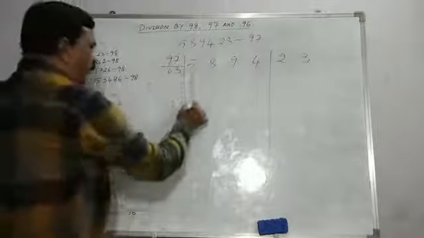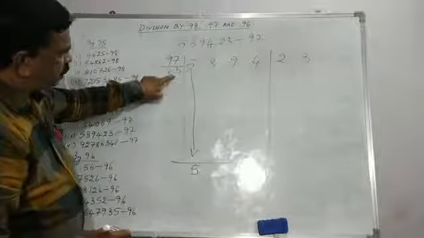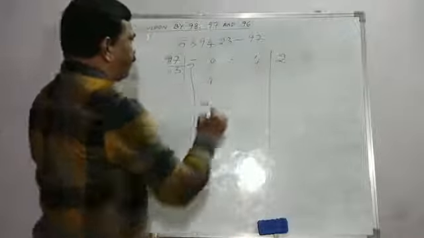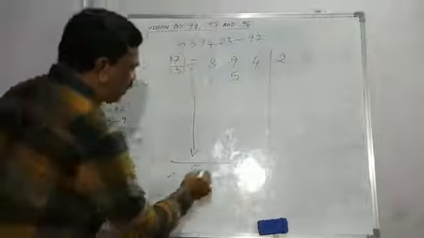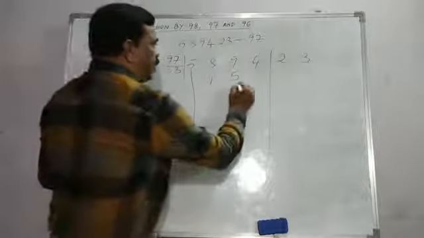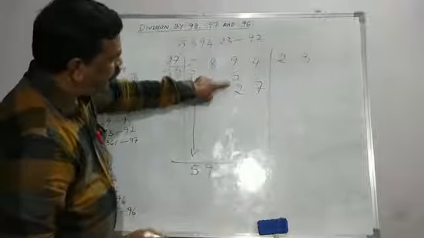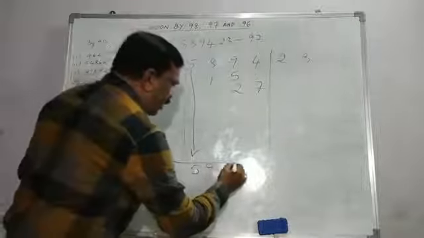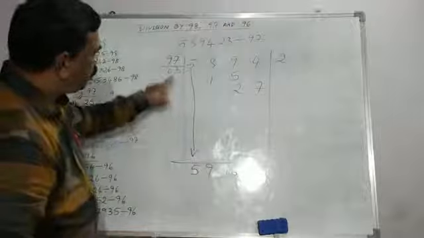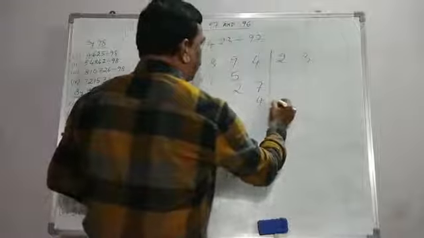So this first number we take down in the quotient part, this 5 as it is. Now 3 into 5, 3 5s are 15. So we get 1, 5 here. Next column you add, 8 plus 1 is 9. So 3 9s are 27. So we get 27 here. Now add these numbers. 9 plus 5 is 14. 14 plus 2 is 16. So don't worry, we are getting a double digit here. It doesn't matter. We will use the digit for the next number. 16 is here, so 3 into 16. 3 16s are 48.